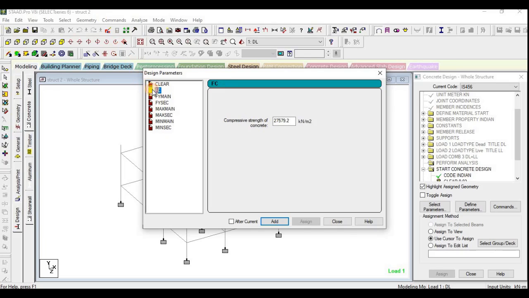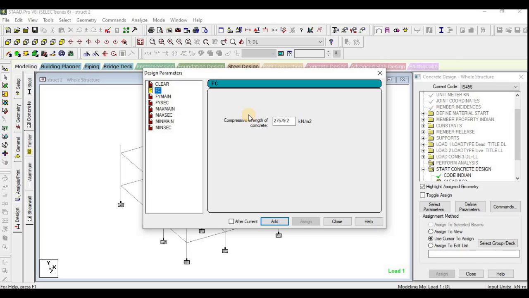Next is FC. FC is the grade of concrete. Depending upon the grade of concrete, we need to give the strength, that is M20 or M30. Here the default value is for M30. M30 is FCK, the cube strength they have given. We need to input the cylindrical strength.